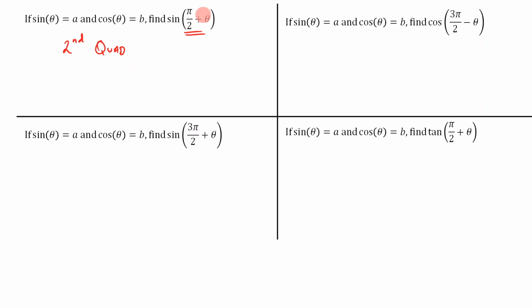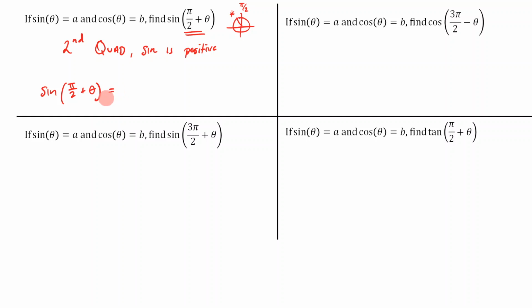If we think about this for a second, here's my unit circle. I know that pi on 2 is here, so it's pi on 2 plus an angle. So I'm over here in my second quadrant. What do I know about sine in my second quadrant? I know that sine is positive in my second quadrant, don't I? That's important because now I can say that sine of pi on 2 plus theta